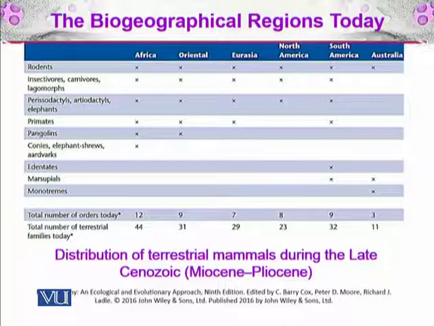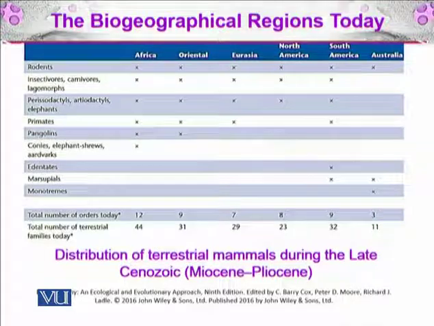So you can see, for example, the marsupials are present only in South America and Australia, and monotremes are only present in Australia, and so are the other things. You can see the total number of orders in each of these biogeographical regions during the late Cenozoic, Miocene and Pliocene, and the total number of terrestrial families that we can find there today, right? So these are the things that we can see, how different the distribution of terrestrial mammals was during the